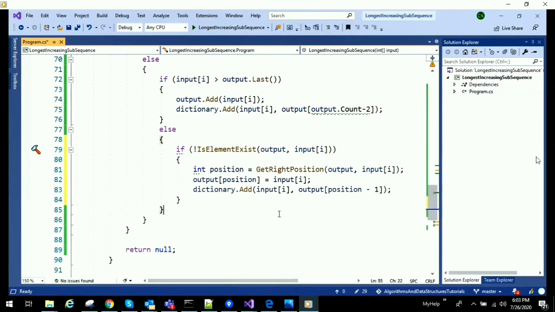So with this we are done with the logic, and now we need to display the longest sequence. That we will do now.